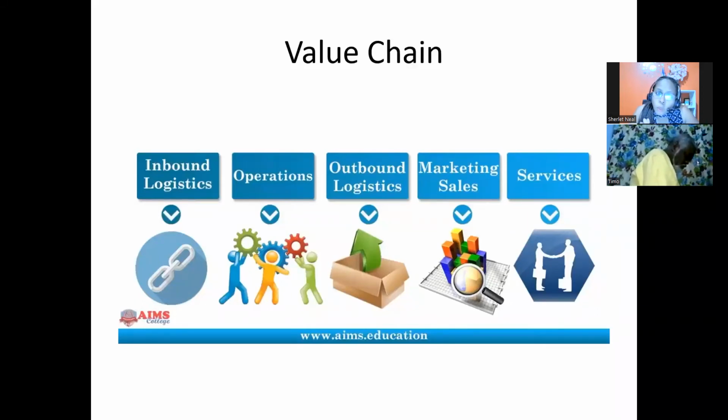So how are you getting feedback from your customers once you've made the sale? Because you can't stop at just making the sale. How are you following up to see if they want more, if they enjoyed the product, if they like the service? That's the after sales services. And you want to capture all of that in your value chain.